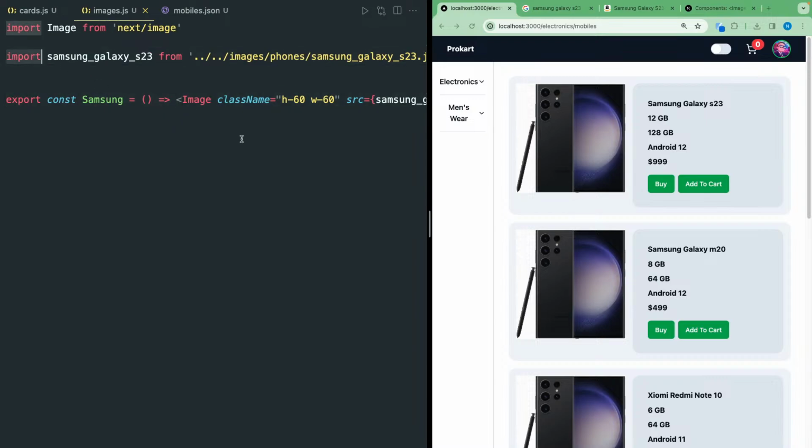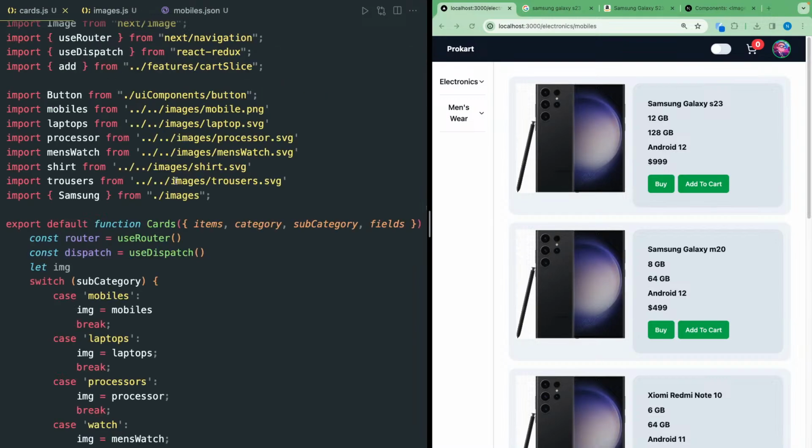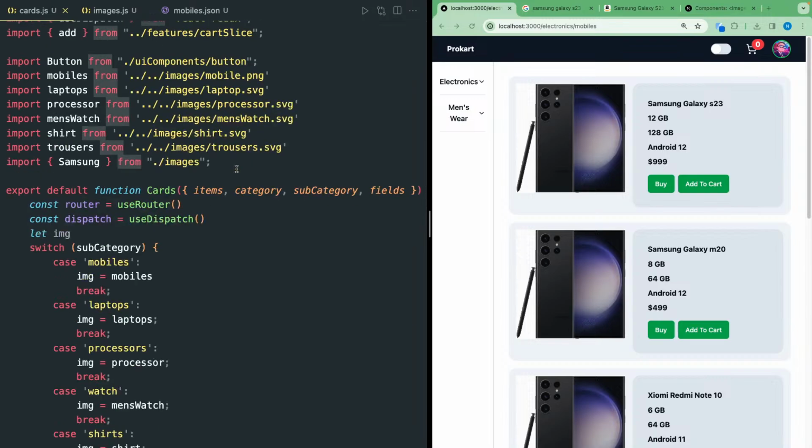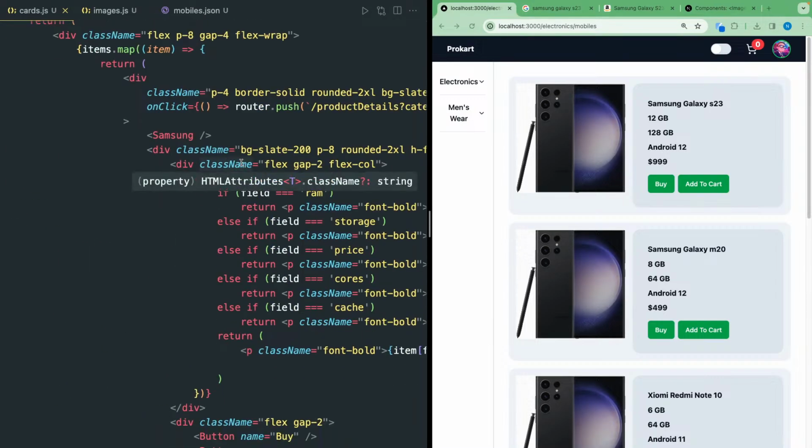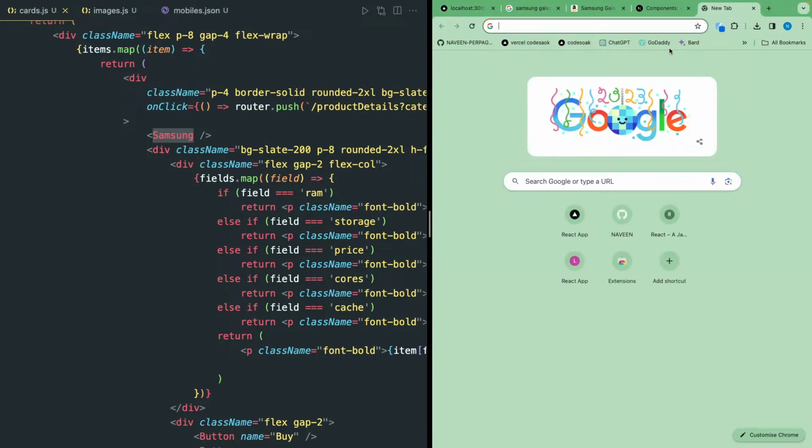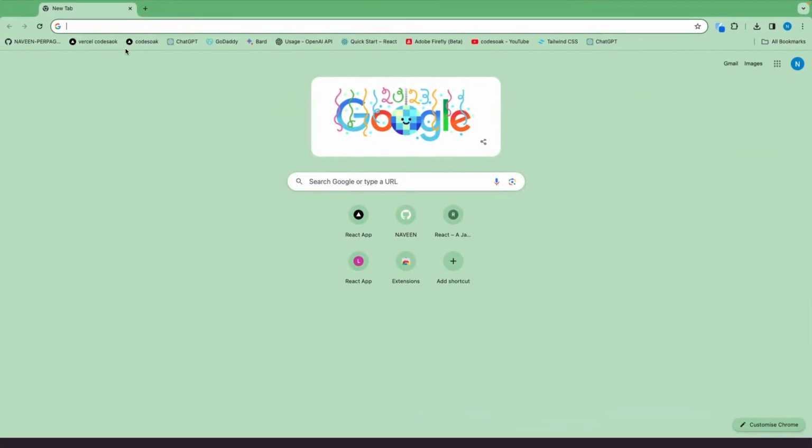So first we have to import the image, right? Okay. So the thing is, I have to render the images conditionally, right? So that is the tricky part. So let me see how we can